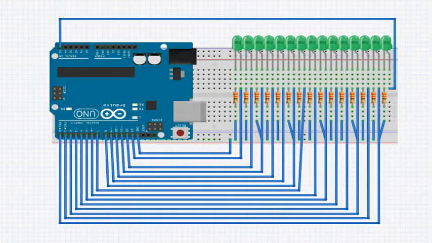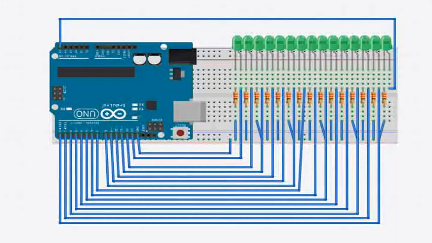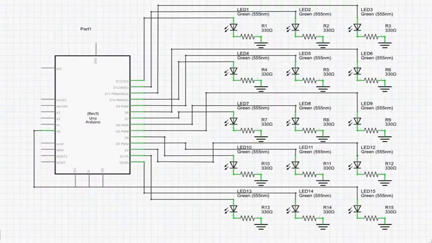Now let's have a look at the schematic diagram. This is the schematic view of the project. Here we see that these 15 LEDs are connected to the 15 outputs of this Arduino Uno board. The LEDs are connected to resistances of 330 ohms, which are connected to the ground terminal. These grounds of all these LEDs can be taken as the single ground terminal present on the Arduino board.